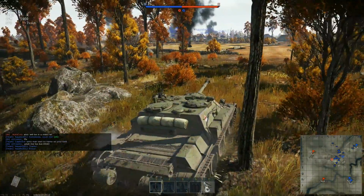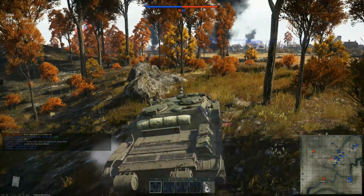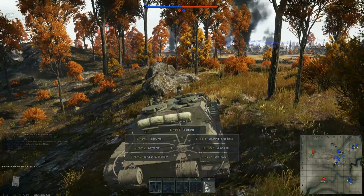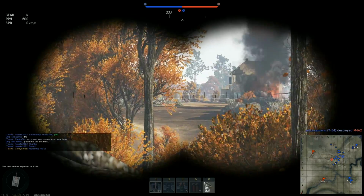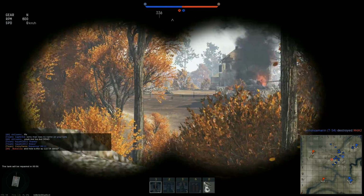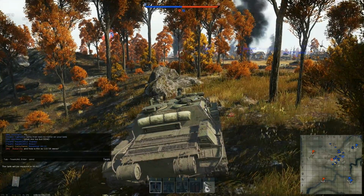The downside of heat ammo is that it penetrates in a straight line, right? So an AP shell right there, if it penetrated, would have likely destroyed his turret portion of his tank. So right there, it's entirely possible in this situation, because I know I'm on the flank, it's entirely correct to be shooting AP here, because